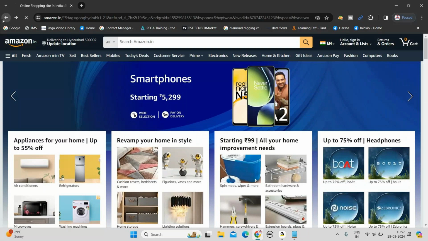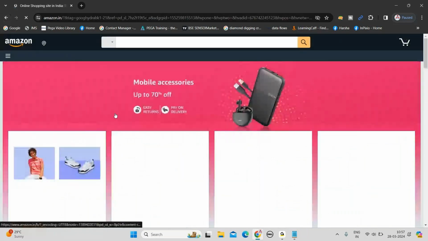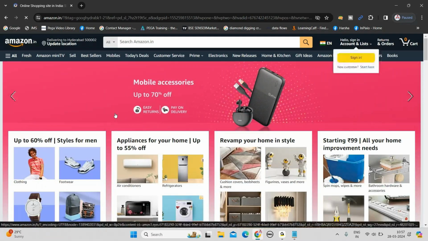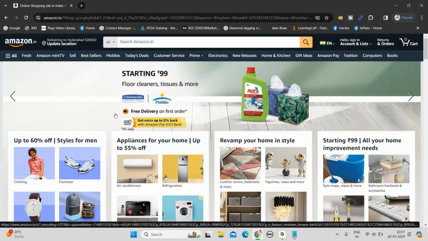So this was the difference between a web application and a desktop application. Whenever we directly install an application on our desktop or our device, that application is called a desktop application. But